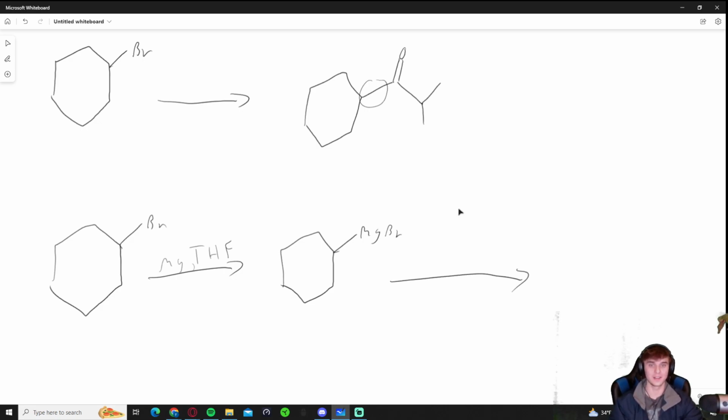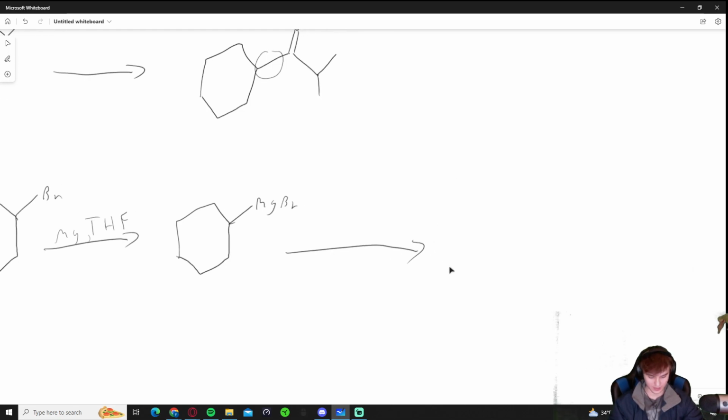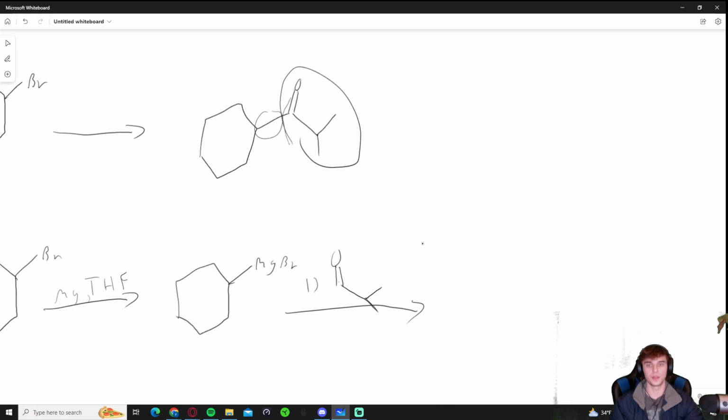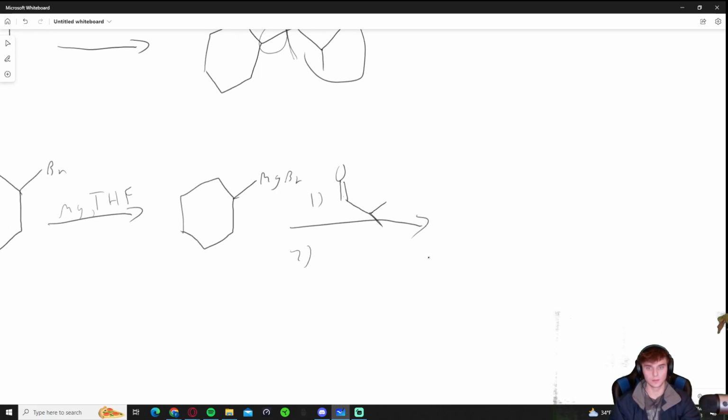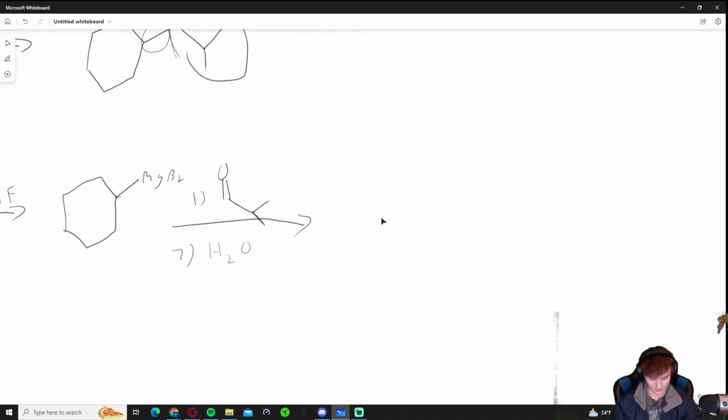Now, what would we add to this MgBr to make it into this? There's two things we could actually add, I think. No, there's one way we could do this, which is just by doing it the traditional way. Adding a double bond oxygen like this. Step one. And this is because we basically added this whole thing. And then two, water, followed up with water, I don't know. And that brings us to our final product of